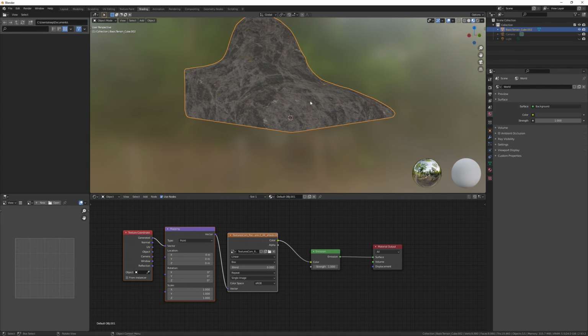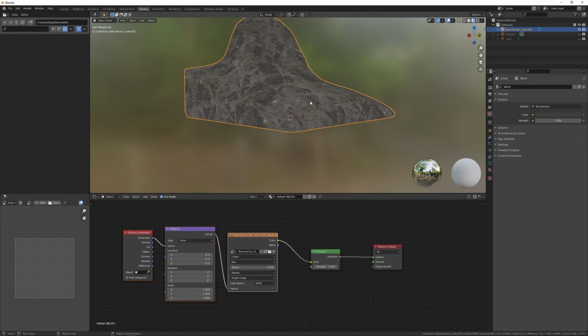These two are the two emission shaders for dirt and rock, and these two are for the two height maps. Okay, now I want to mix these, so I'm going to insert a color mix node. Can remove that one. So now we can see that we can mix between those two textures.